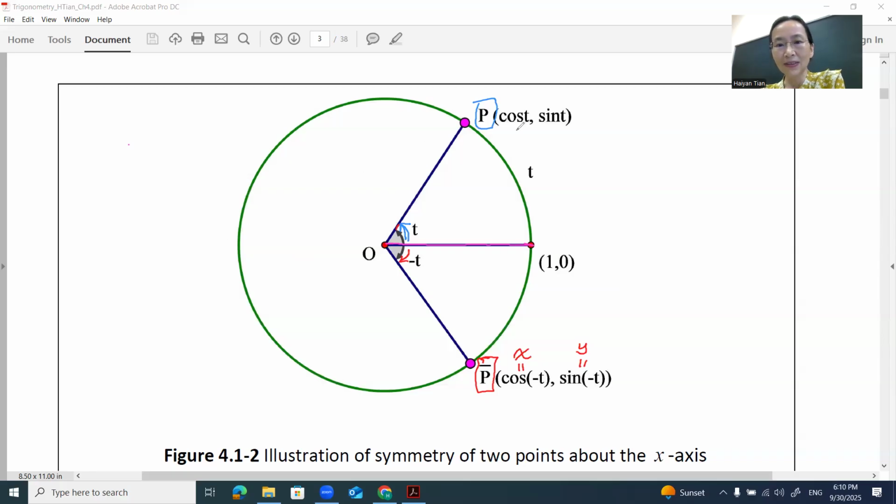And then this first coordinate, which is x coordinate of P, which is the same as cosine t. And the y coordinate of the point is the same as the sine t. Now we want to see that actually because of the symmetric property, right? t, negative t,